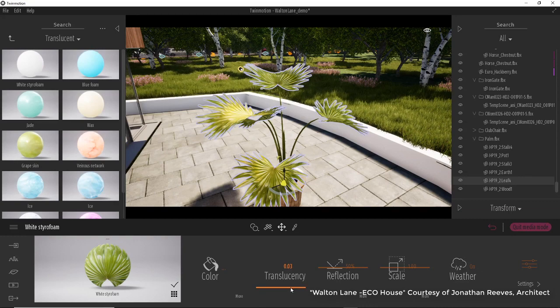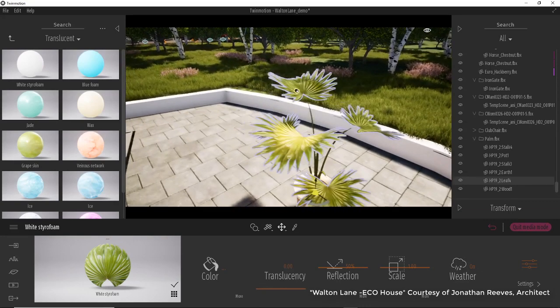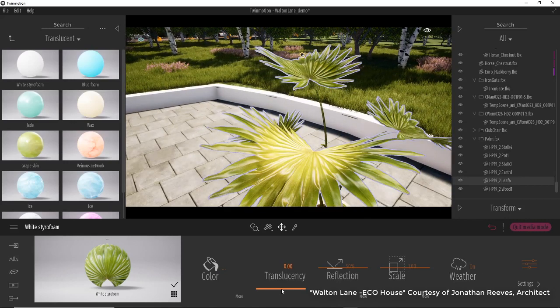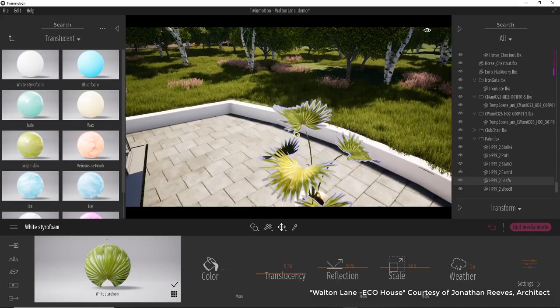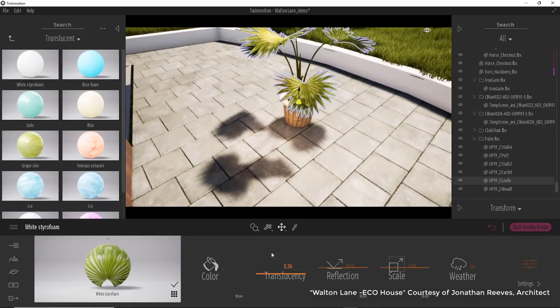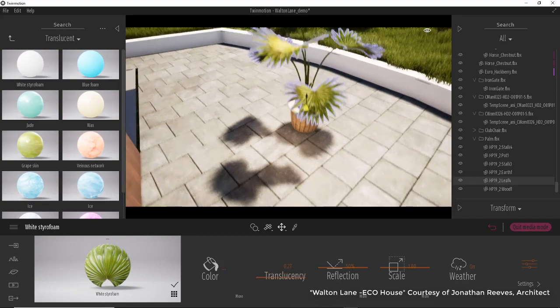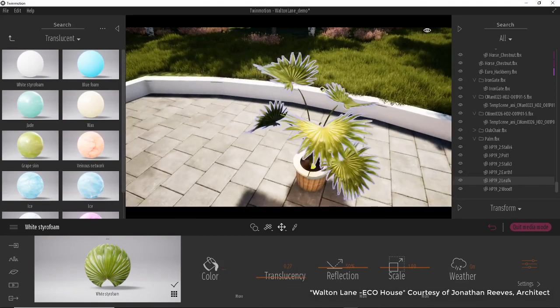And what we can start to do is dial in things like this translucency. So if we watch, this material I have has translucency on it. So we can dial in a bit of translucency. It may not look like much there, but if we look at things even like the shadows down below, we can see it'll affect that just slightly. But the really cool thing is if we bring this around,